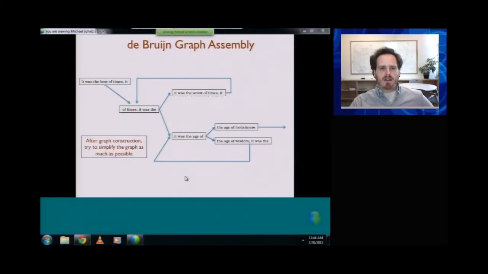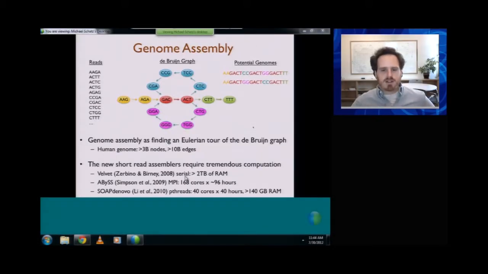So that's my little analogy for genome assembly, but the actual scenario is almost exactly as I described. We're going to start with short reads. In real reads, these would be like 100 base pairs long. We're going to scan through them and build up this De Bruijn graph of how the different pieces of those reads are related to each other. So for example, this first read, AAGA, is going to be decomposed into this pair of nodes, AAG followed by AGA. We'll just keep doing that. That's going to form this initial graph.